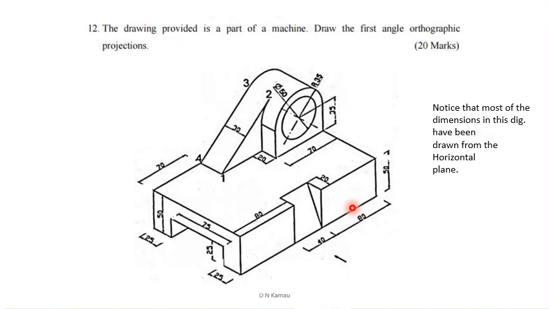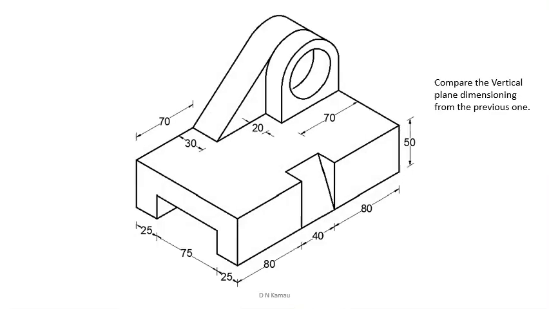You will realize that horizontal dimensioning, like in this case, sometimes tends to be clumsy, and therefore, if you can do a vertical dimensioning, it would look better. Let's have a look at one that has been done in vertical and see the difference between that one and this one. So here, in this one, we have